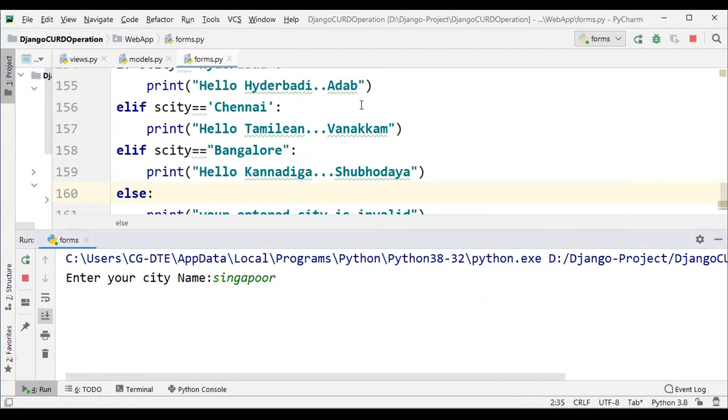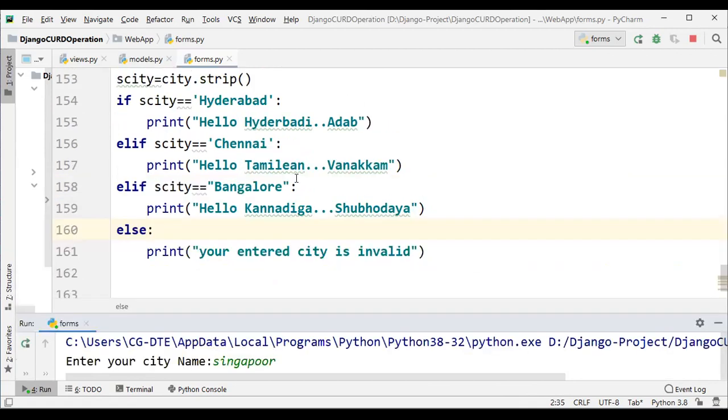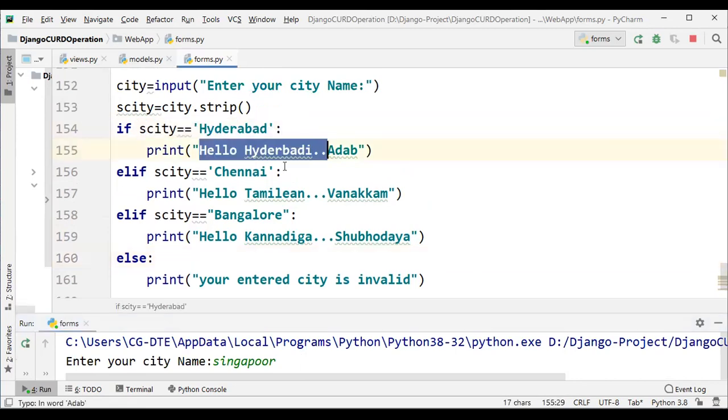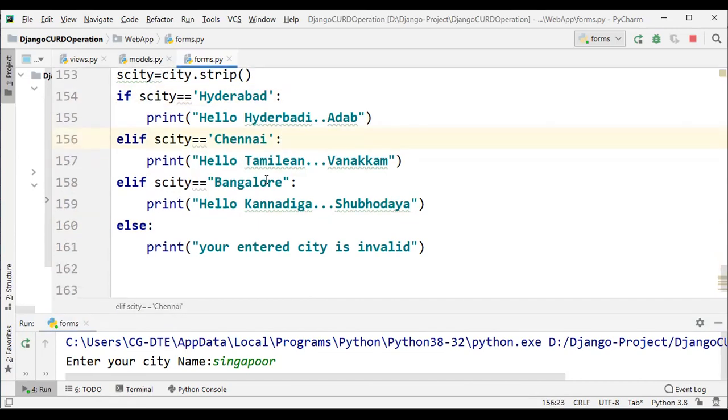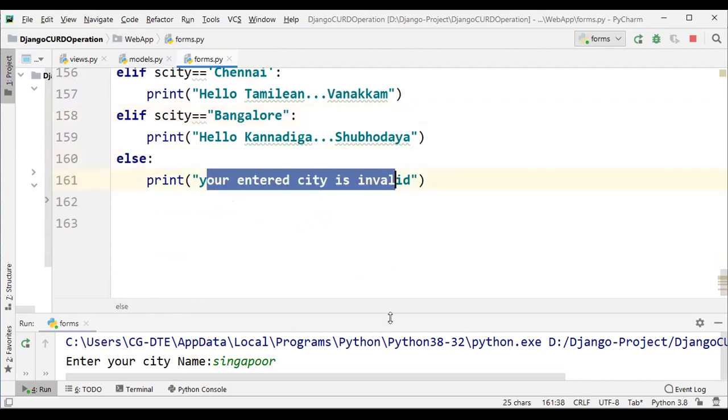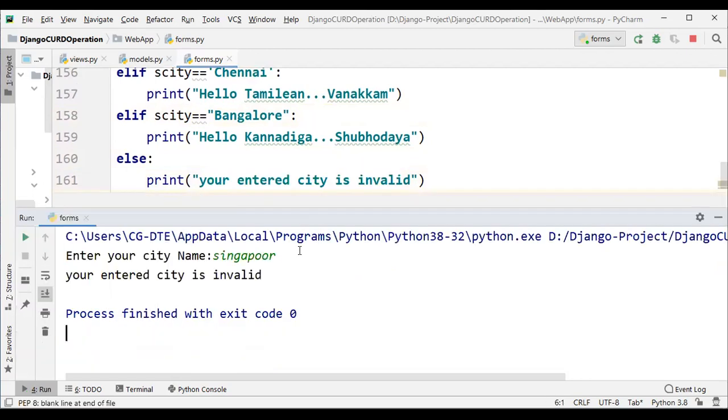So Singapore is the input. Is s_city Hyderabad? No, this condition is false. Is s_city Chennai? This condition is false. Bangalore, false. This is the else part. Print your entered city is invalid.